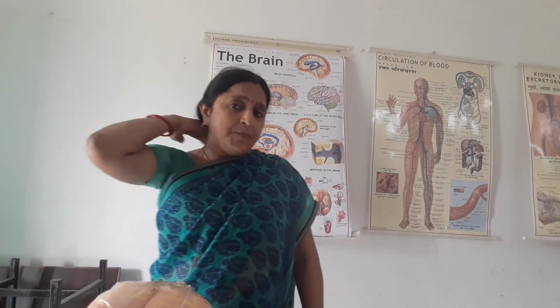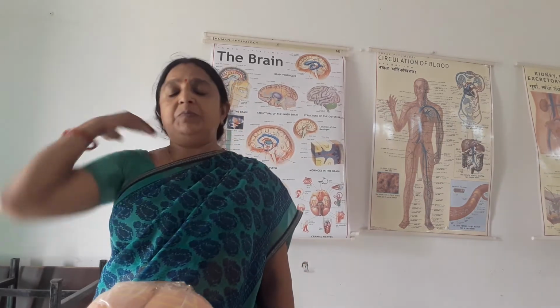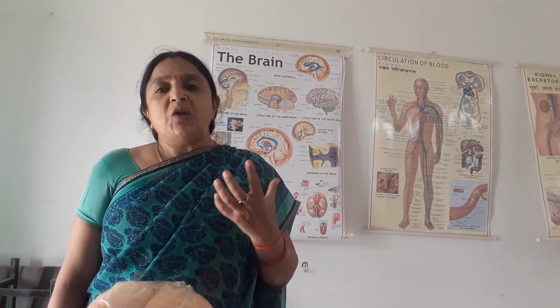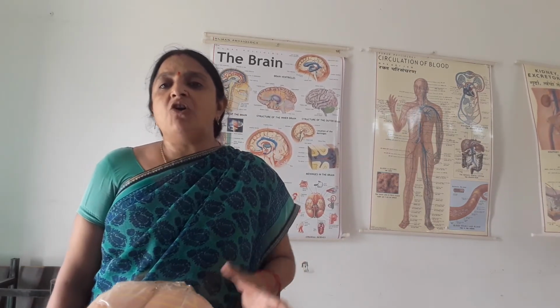Now after the cerebellum, the third part is the medulla oblongata. All the internal activity of the organs is controlled by the medulla oblongata. It is a very important part of the brain, and it is present at the hind part of the brain. It controls all the internal activity of the organs, suppose heart, lungs, stomach, intestine. All the organs work according to the medulla oblongata, which regulates their functioning.